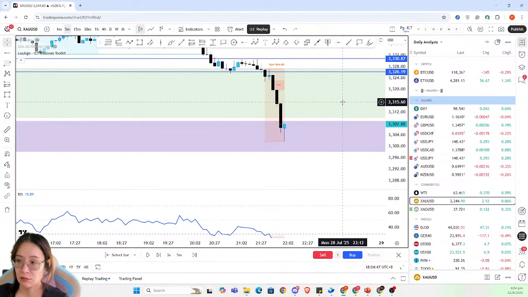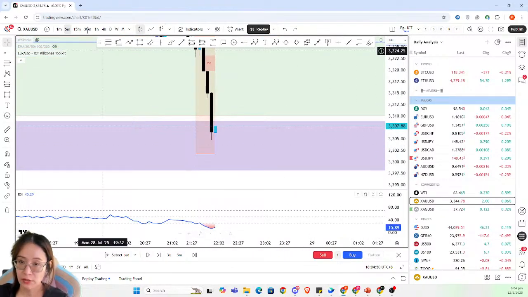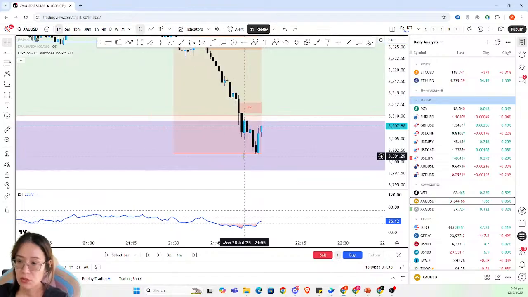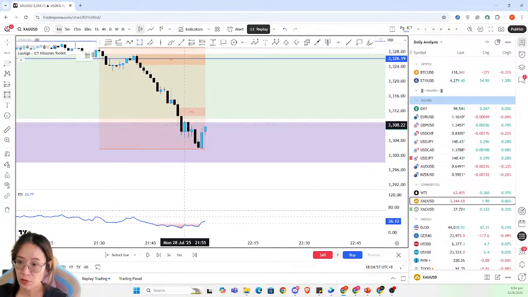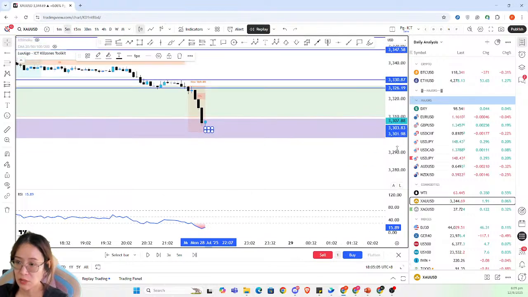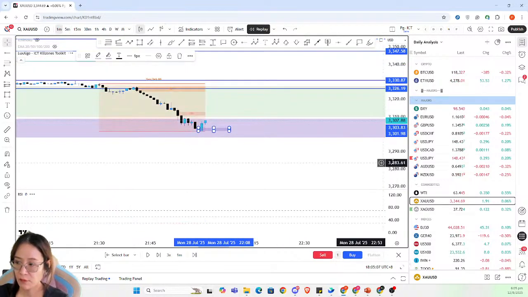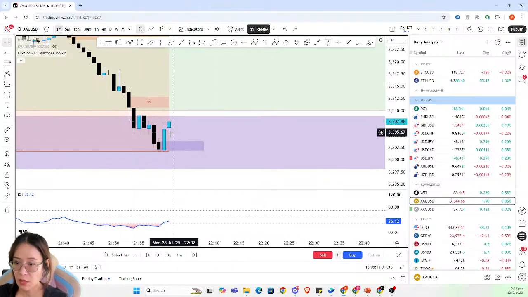So now you need to wait. You can see this oversold as well. You need to wait for price. This is a sign of reversal, bullish order block, bullish OB. Okay, we want to see market structure shift. You want to see change of character in the lower time frame. Let's say I get stopped out. I might want to see if I can mark out lower low, lower high. If they're going to break this one,